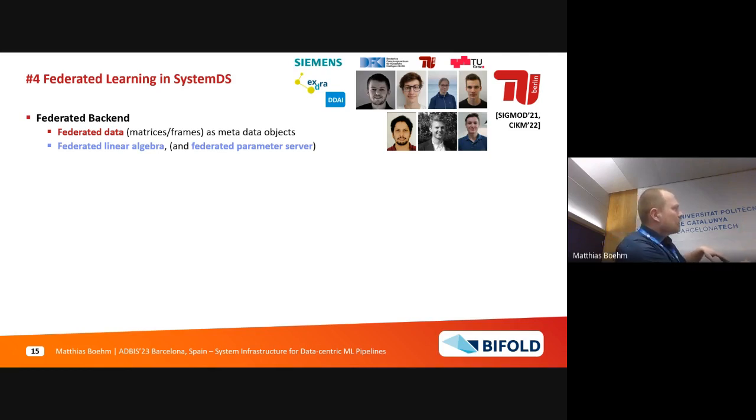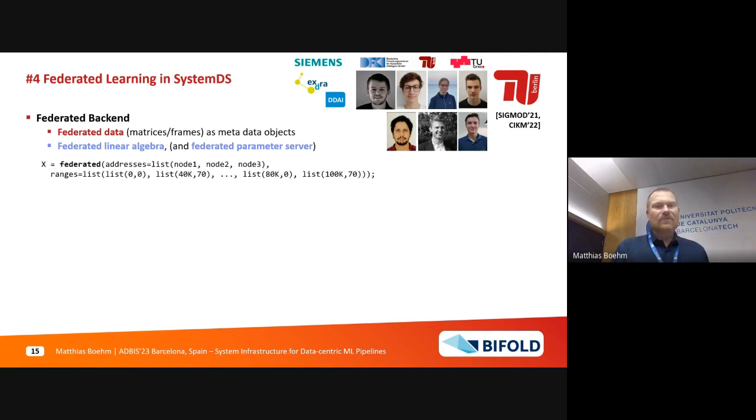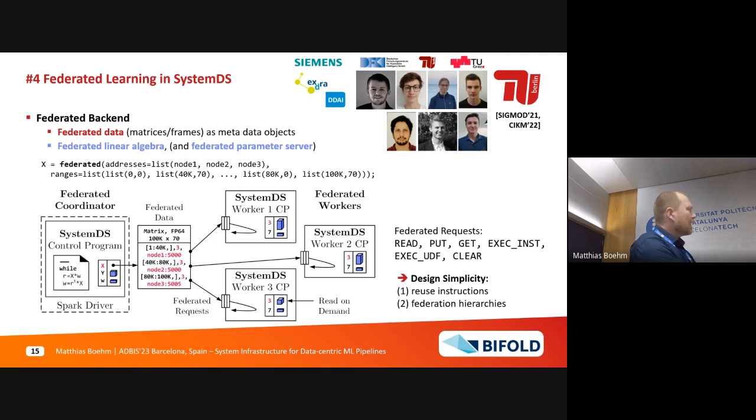So we are supporting those classical federated parameter servers, but also federated linear algebra programs. The general notion is that you can create a federated matrix, saying this matrix is a virtual object, and its physical parts are on those different production sites. Then you run a program at the coordinator, an iterative training procedure. Whenever an operation hits this federated object, we spawn federated requests. So we know exactly which parts of a matrix are on which server. On those federated servers, we simply run partial operations and return aggregates, and with that can execute